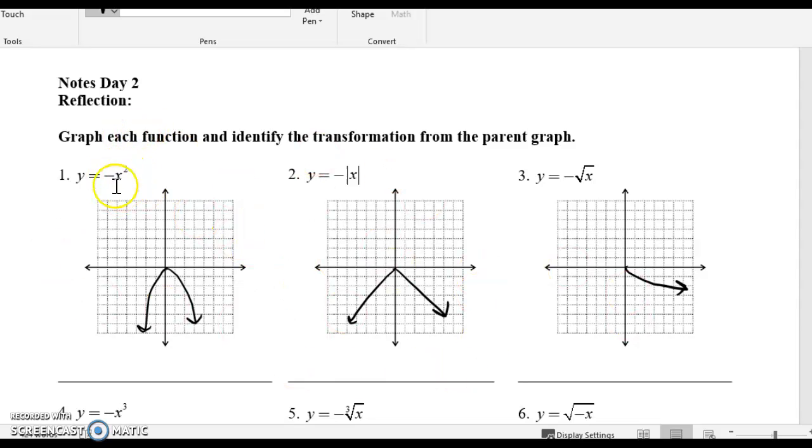So if you recall, what does x squared look like? Forget about the negative. X squared looks like this. It's a parabola. Where's the negative at? It's on the outside. Outside stuff affects the graph up and down. So we're going to reflect it up and down. It normally would open up. Now we're going to reflect it down. So this is a reflection